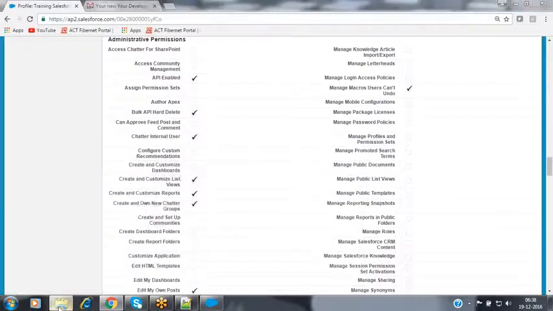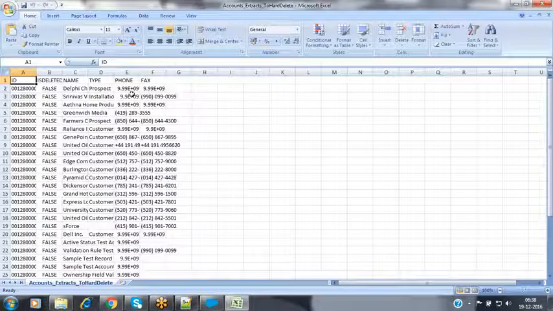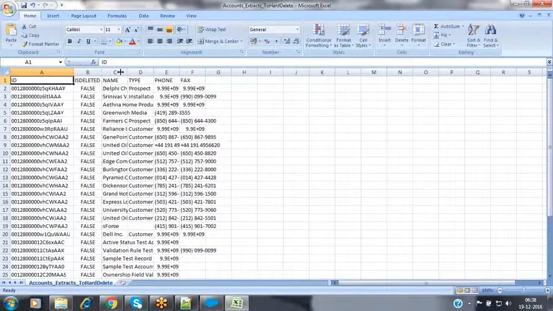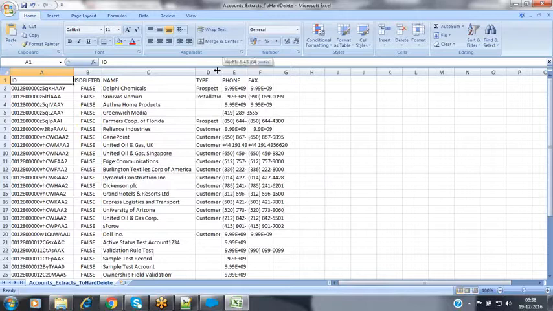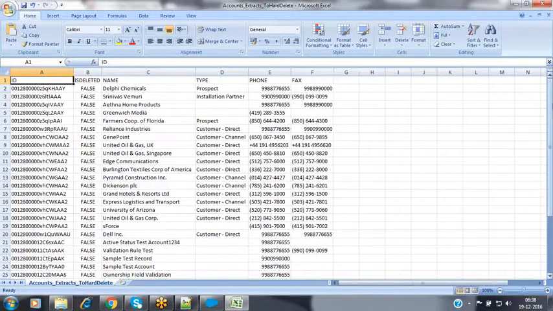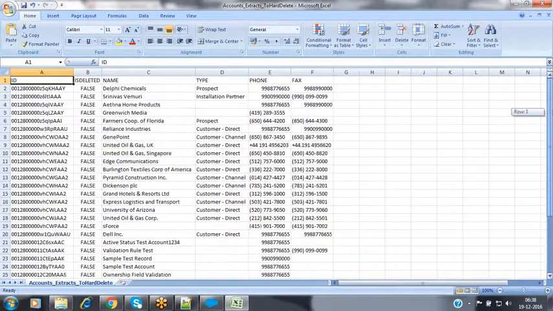Now let's go to your file which is having all the records. So now these are the 34 records available over here. He can perform the operations on all these 34 records. Now let's try to remove few records here. I would like to remove Srinivas Vemuri record.